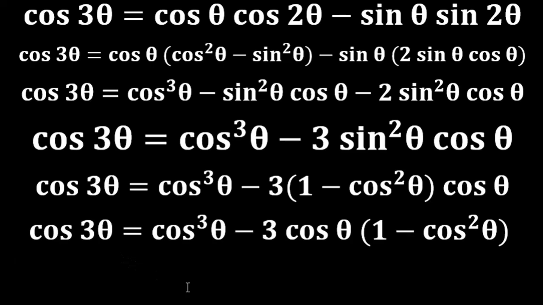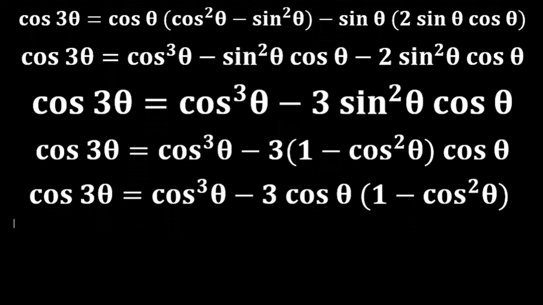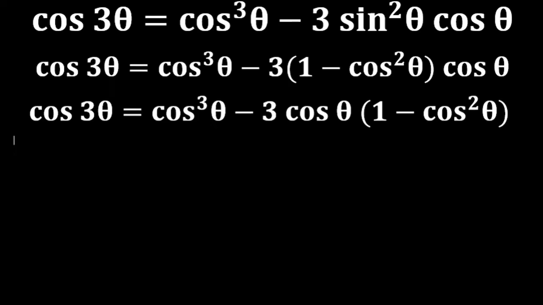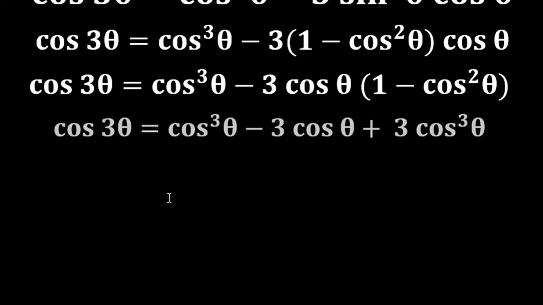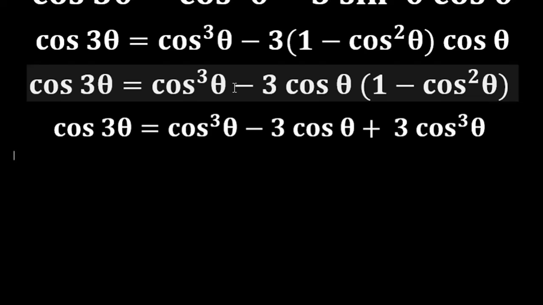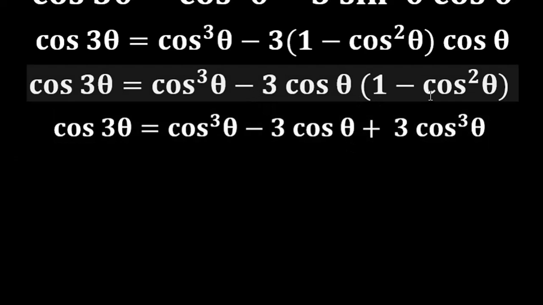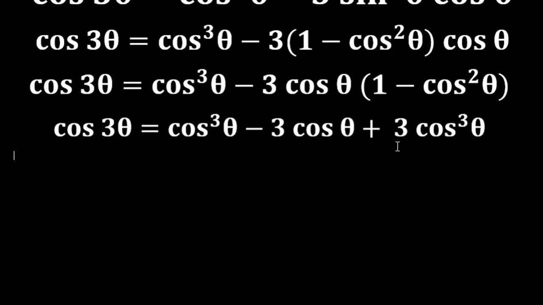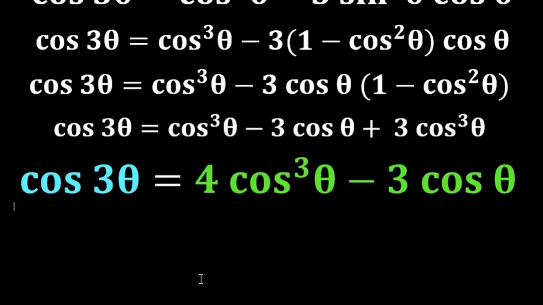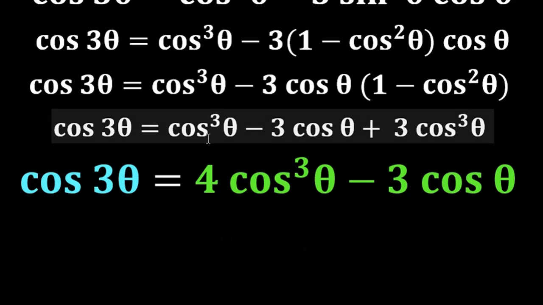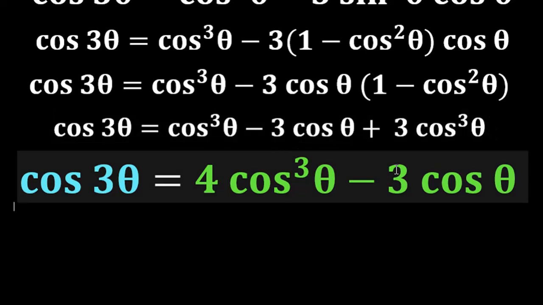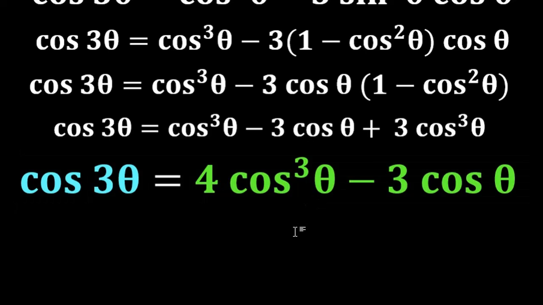Therefore, this is equal to cosine cubed theta minus 3 cosine theta times 1 minus cosine squared theta. Therefore, this is cosine cubed theta minus 3 cosine theta, minus minus is plus, so this is plus 3 cosine cubed theta. Therefore, this is equal to cosine cubed theta plus 3 cosine cubed theta, which is 4 cosine cubed theta, minus 3